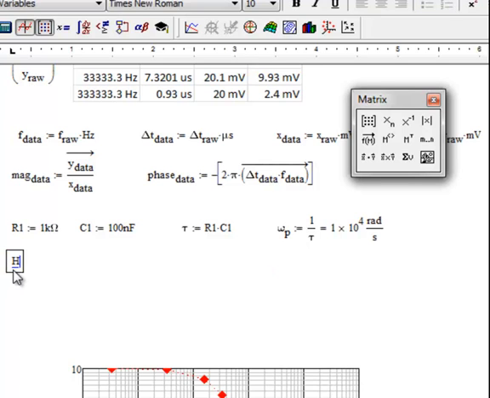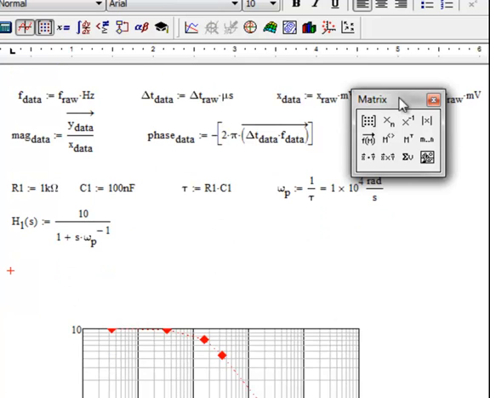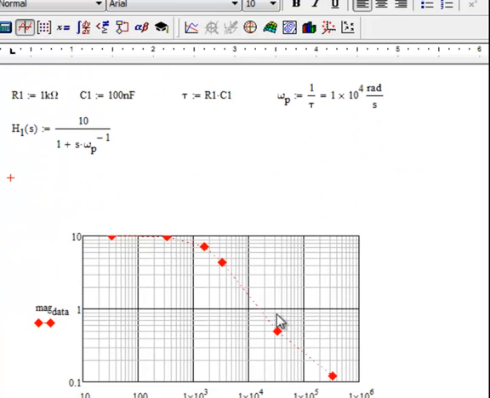Our transfer function, I'll say h1 of s, is equal to, in my case, 10 over, because this op-amp circuit had a nominal gain of 10, 10 plus s times omega sub p, there's the minus 1. All right, now we are ready to add this